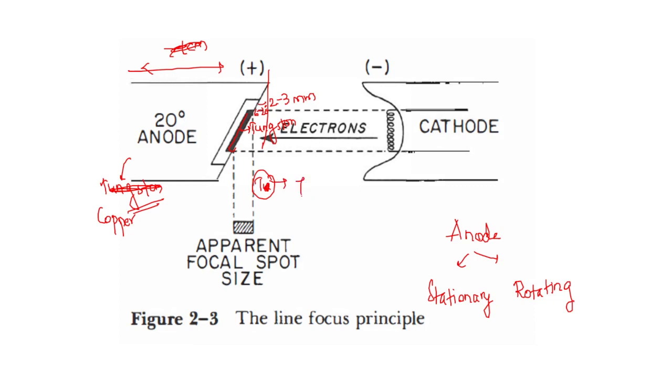One, tungsten has a higher atomic number of 74. So as a result, this higher atomic number is good for production of X-rays. Number two, the tungsten has a higher melting point. The melting point of tungsten is around 3370 degrees Celsius. So it can withstand larger temperatures before the tungsten gets melted, and as a result, it can rapidly dissipate the heat away from the target